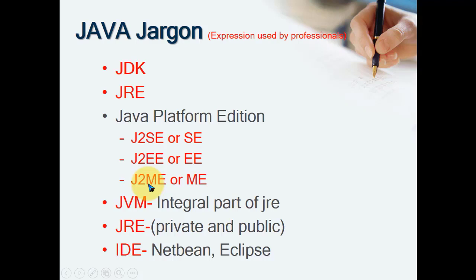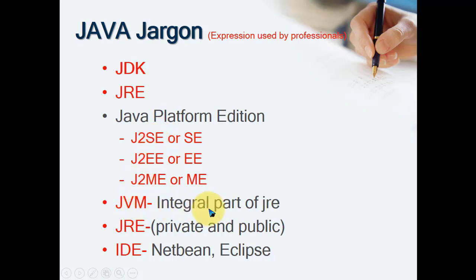Nowadays no one uses J2ME because other technologies are available which are very lightweight compared to J2ME. That's why J2SE and J2EE are used by most of the platforms nowadays. J2EE is well known and mainly used, but you cannot learn J2EE directly. We have to learn J2SE first. And in this academic year, for the TY semester, that is part 1, semester 5, we are learning J2SE, that is core Java.